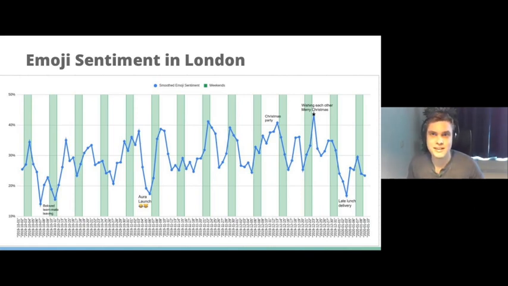In the middle here, you have a bit of a weird dip relating to the launch of our new product, Aura, which was due to the fact that some emojis can be used both in a sad setting and in a happy setting. These are the laugh-cry emojis, which are sometimes used to represent crying, but also to represent happiness. So that's a bit of a weird artifact in our data here. But nevertheless, it's very interesting to see that certain events can impact the sentiment in a company. Let's go to the next one.